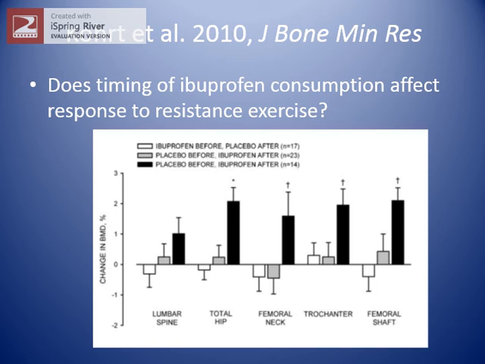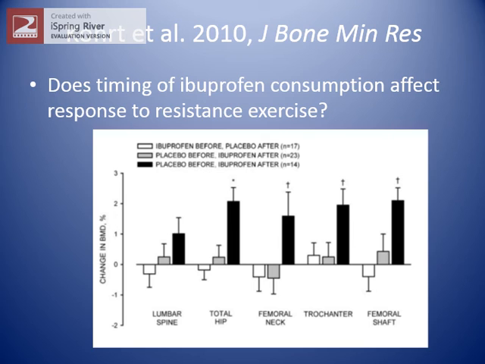That's what's on this axis. So any bars above are an increase in bone mineral density, which is good. That's what you want. You want to see more density, thicker bones with resistance training. Any bars below are decrease in bone mineral density. And then you see these different locations in the body. So lumbar spine, hip, femoral neck is the part of the hip. Trochanter is a different part of the hip. Femoral shaft is the thickness of the